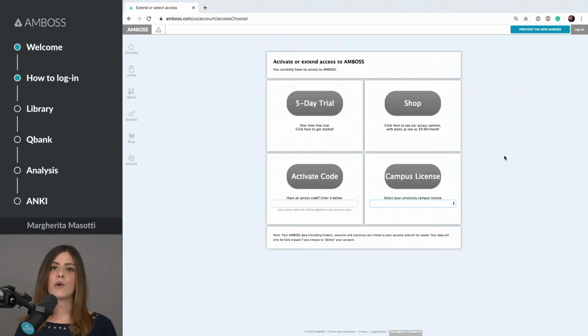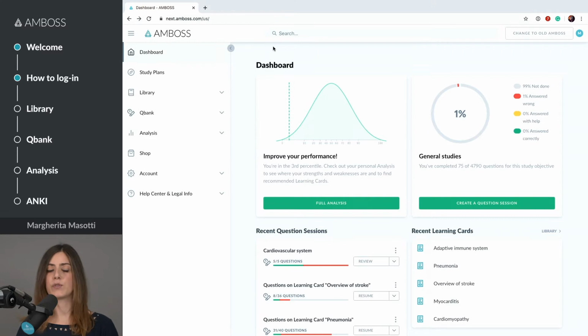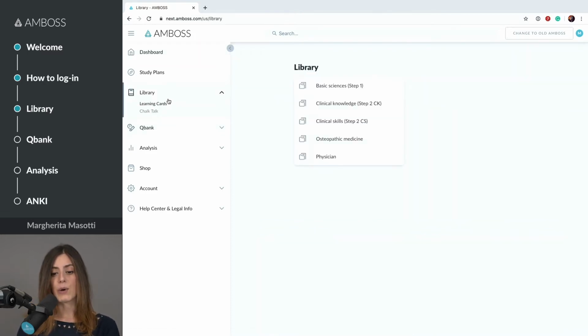So now that you know how to access the platform, let's start our platform tour. So let's go back. So this is our dashboard. As I previously mentioned, there are three main components. Let's repeat them. So the library, the question bank, and the analysis. Let's start from the essentials, so that is medical content and our library. So our library